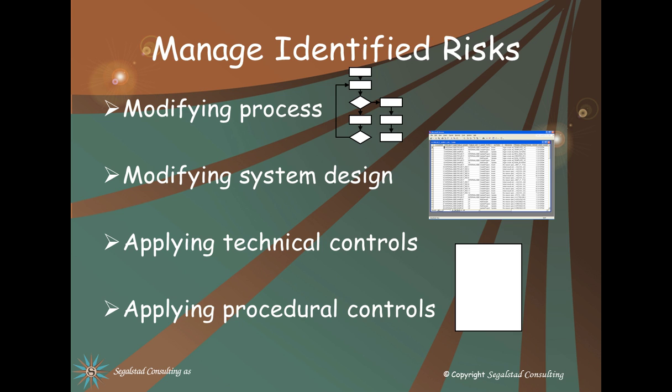And finally, the last resort is the procedural controls. This is if it's not possible to make technical changes to the process, system, or technical control, the procedures or standard operating procedures can tell what is allowed and what is not allowed. The problem with the procedures is that people may follow them or not.